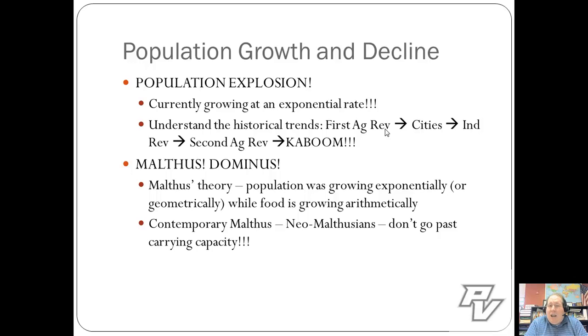He was looking at the entire situation through the lens of the Industrial Revolution, where we were still seeing huge levels of growth in population. As we know now, Malthus's ideas were right for his time, but wrong for the present. So we have the Neo-Malthusians. Neo-Malthusians who are still looking at this situation say, he might be right, but mainly in LDCs, not in the rest of the world. Remember, though, the key is don't go past your carrying capacity. If it says only fit 3 people in this area, don't try and fit 4.